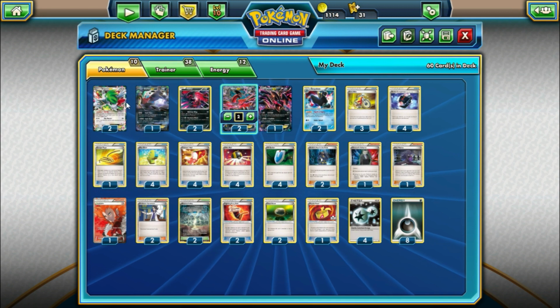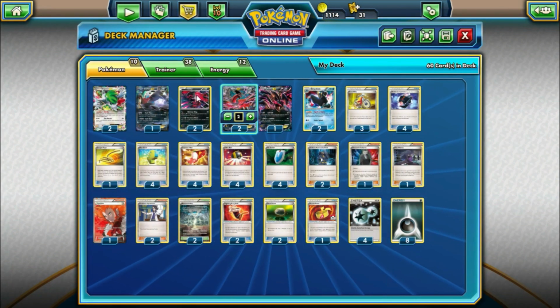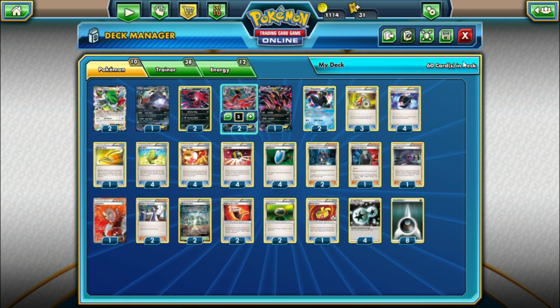And so that's it for the Pokemon line. It's pretty self-explanatory. We're just trying to be super aggressive. And if you look at our trainer line, it's very similar to what you would see in like a YZG type of list, or the type of list you would see in expanded. So 3